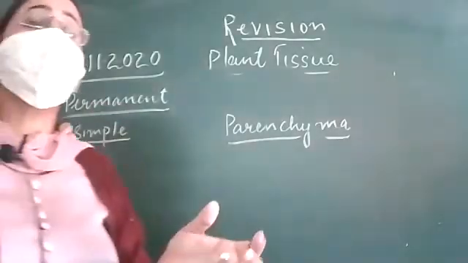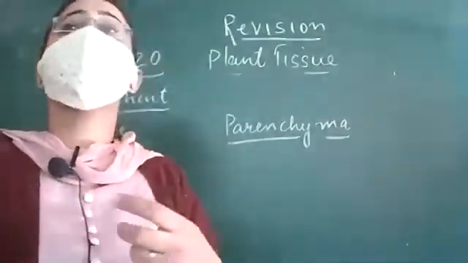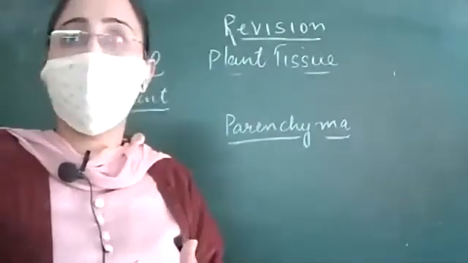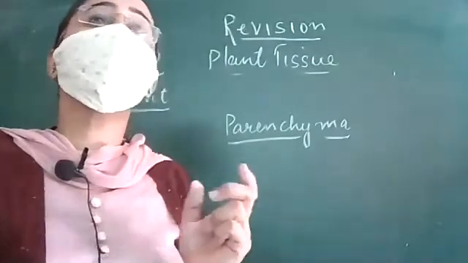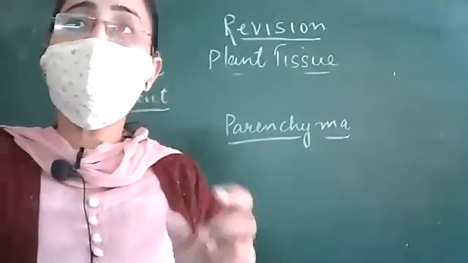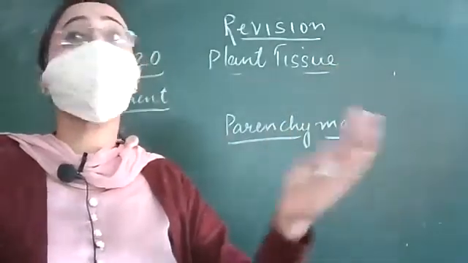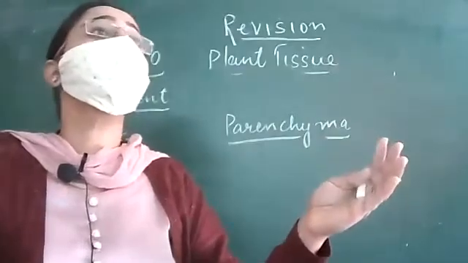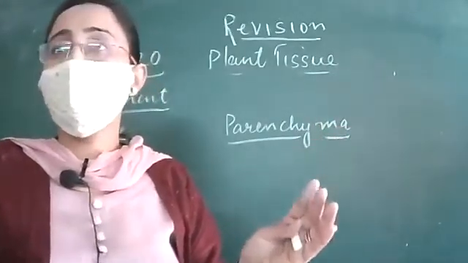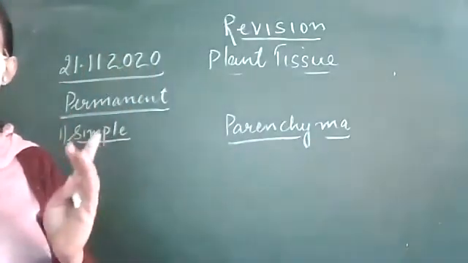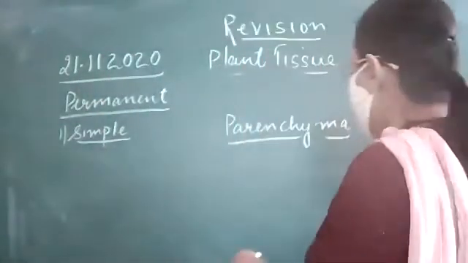This meristematic tissue, when it takes a particular shape, meaning it is lignified or has pectin, will have a particular size and a specific function. So this process leads to a permanent tissue, and the whole process is known as differentiation. Okay? The first type of tissue is parenchyma. The parenchyma is